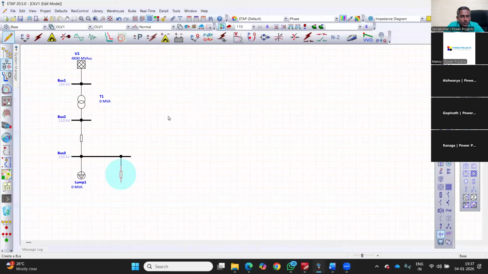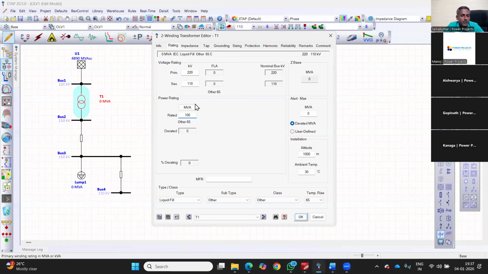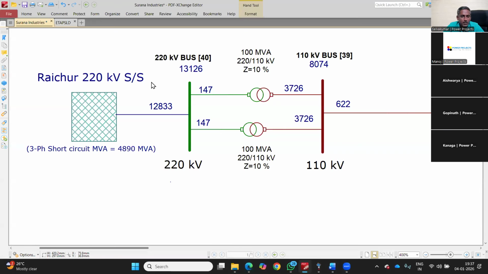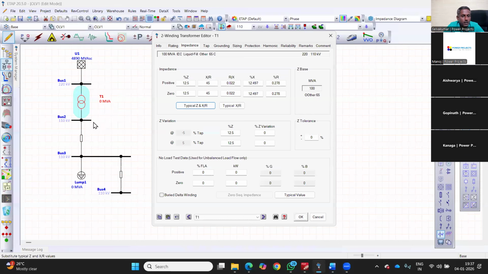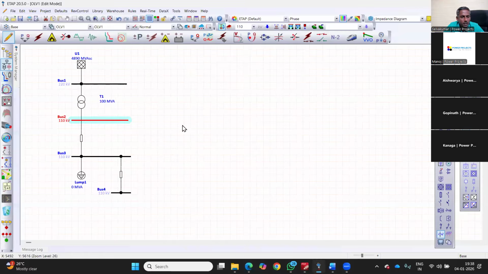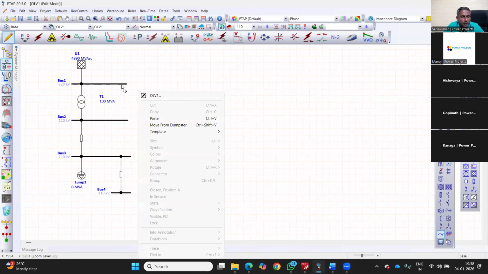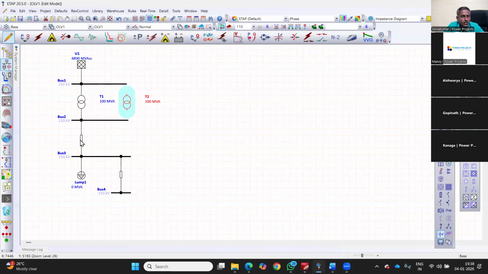It is a 220 by 110 kV, 100 MVA transformer. I'm checking the typical impedance and validating the impedance. Here the impedance is only 10% I have given. Typical it is giving 12.5, so I'm changing it to 10. There are two transformers in parallel, so I'm just copy and pasting this second transformer as well, which means the model here is done. So it is a 12 km line,